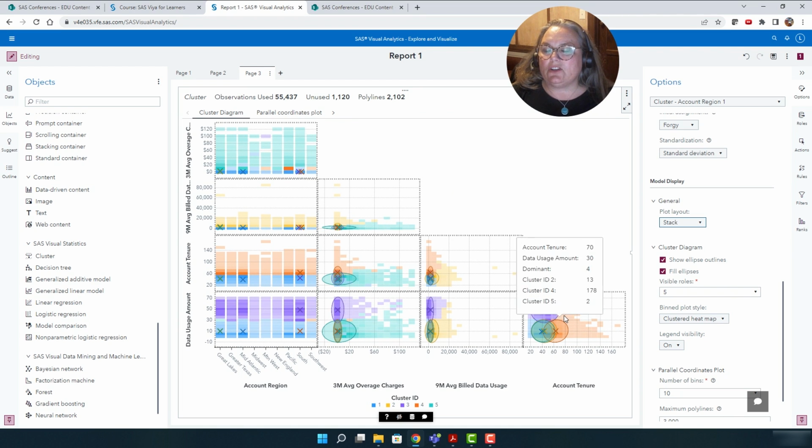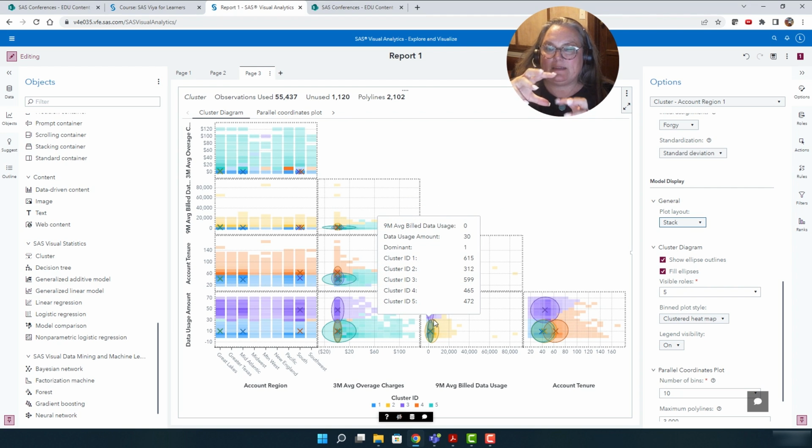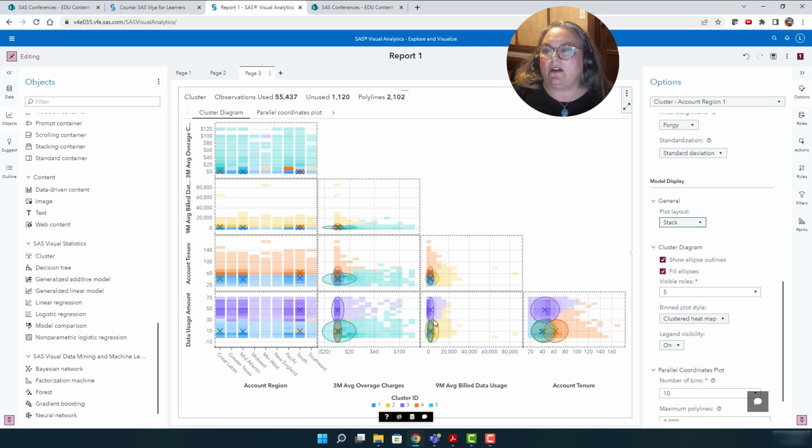Okay, so these are individual groupings, and while it does look like there's overlap, there really isn't, because we can only see this in a 2-dimensional angle. If we could see it in a 4-dimensional display, then we could see that these are actually individual segments. By default, it will always do 5 clusters. We can change that. That's just the default number of clusters.